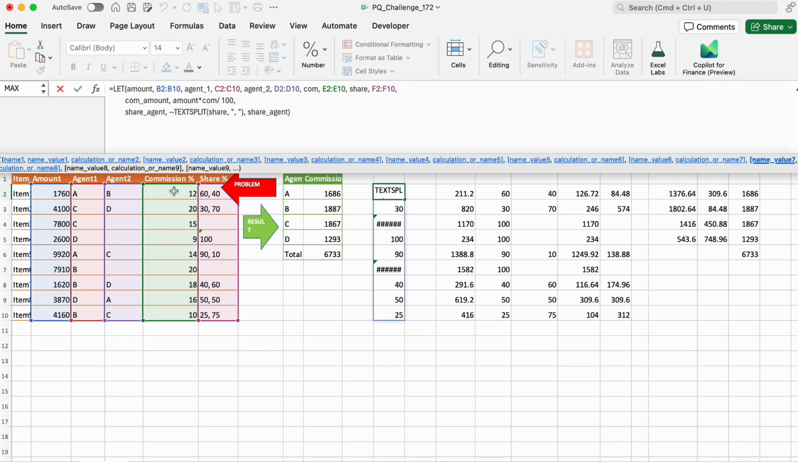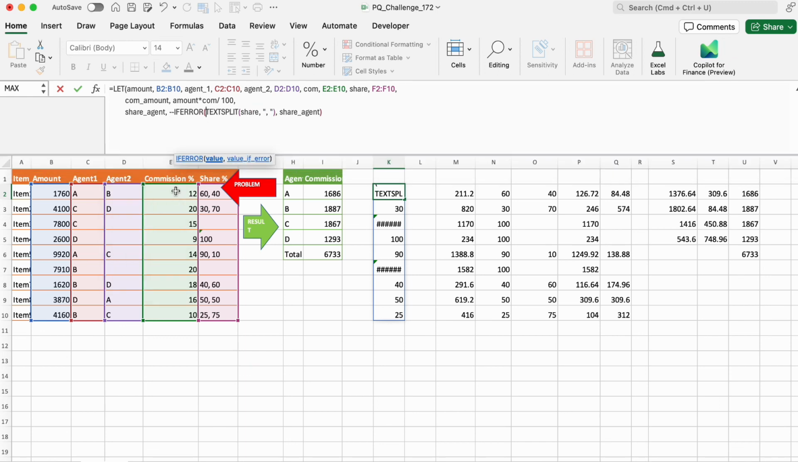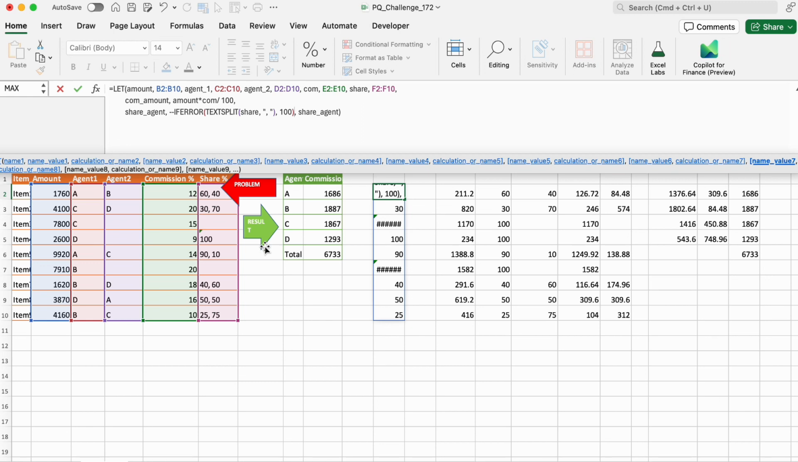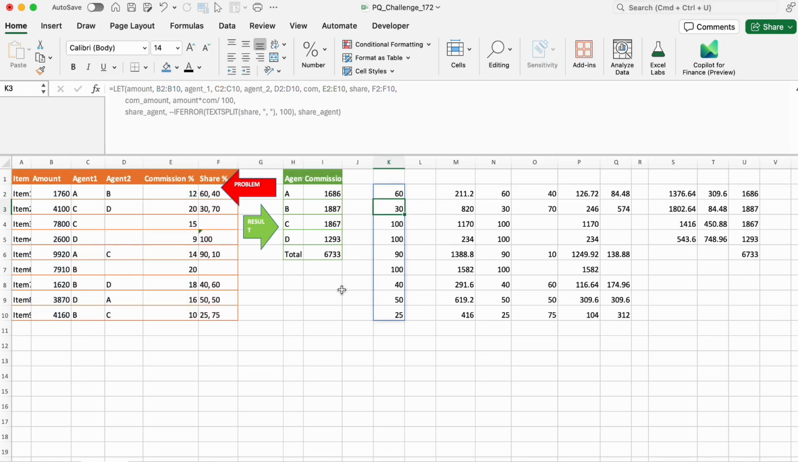So let me put it like IFERROR. Remember we replace wherever we have an error by 100. So let's check again. Okay. Well, if you notice, the output of our text split is giving us just the first part of the text split. It's not giving us the second part of the text split. So this is something that will make our formula not work well, because we can't access the second part